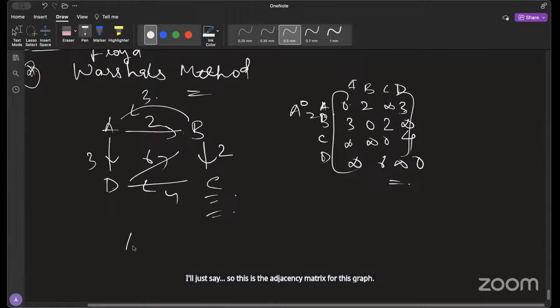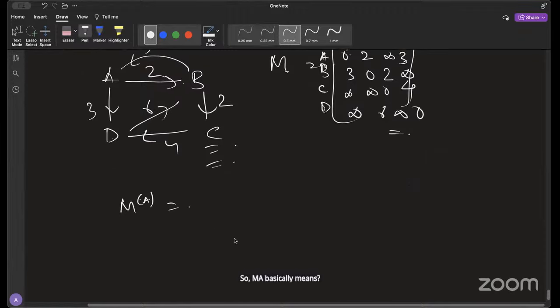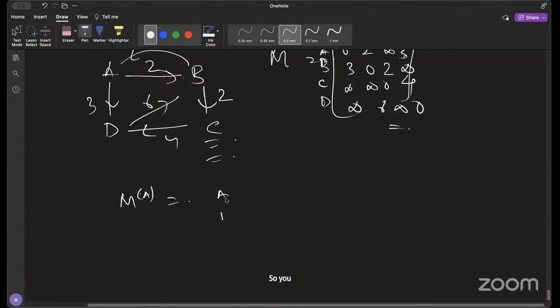Then next up, you make this thing. Let's just call this matrix M, and let's just call this one MA. So MA basically means, so you got the same ABCD thing here. And then in this matrix, what you do is,